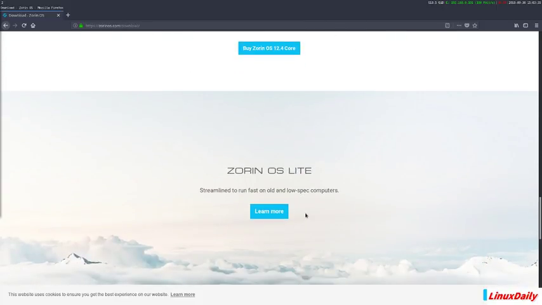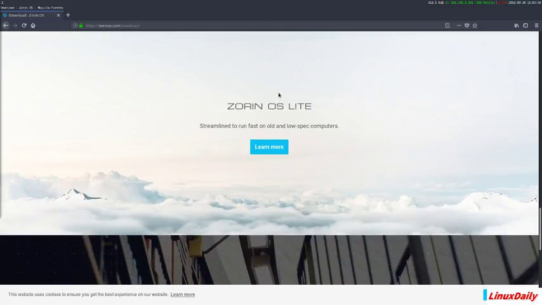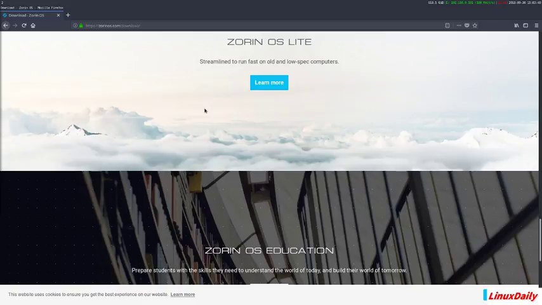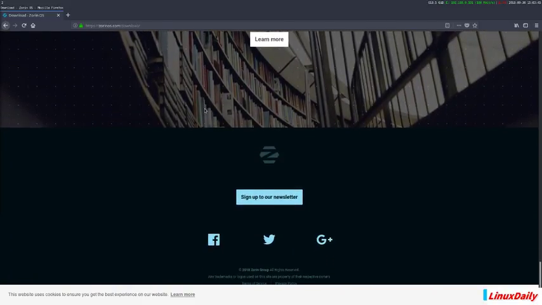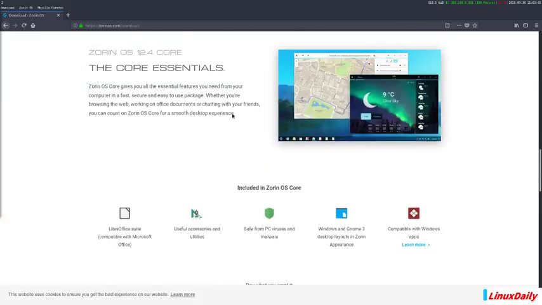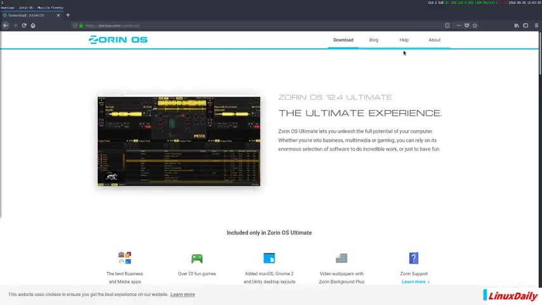And then there's Zorin Lite. I forgot about this one. I didn't actually see this one at all. But it looks like just a lightweight version of Zorin. Then Zorin OS Education, I did not know about those. So that was their website. I don't know what it's built off of yet. I'll probably find that out pretty soon. But I'm gonna blank out the screen and get the